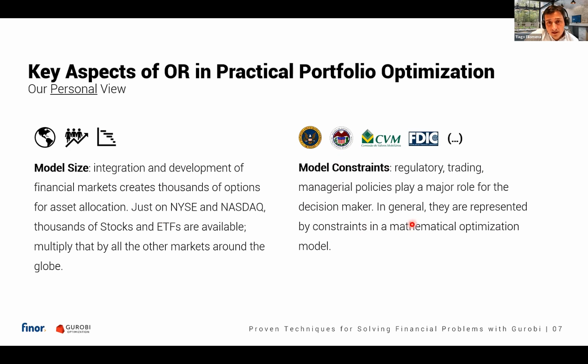Furthermore, one thing that the OR community brings a lot to this problem is the modeling of constraints. So every portfolio manager or trader has to respect a lot of regulatory, trading, and managerial policies. It's not just optimizing a model without considering all the regulatory and trading constraints that you have in your system. And those constraints can also increase a lot the complexity of the problem. So the discussion we'll have today will have a lot of relation with model size and the constraints you have